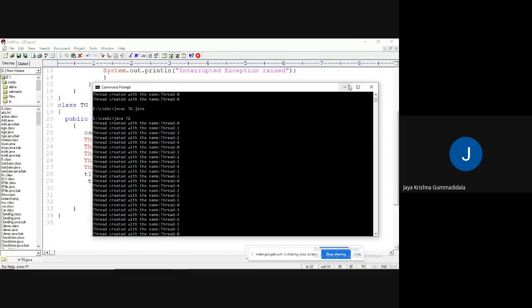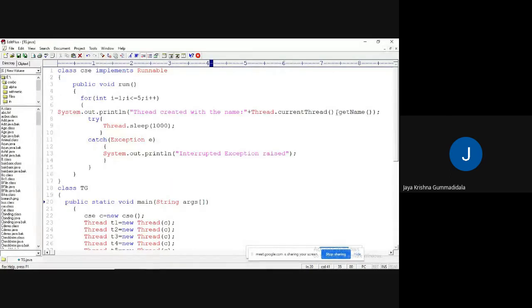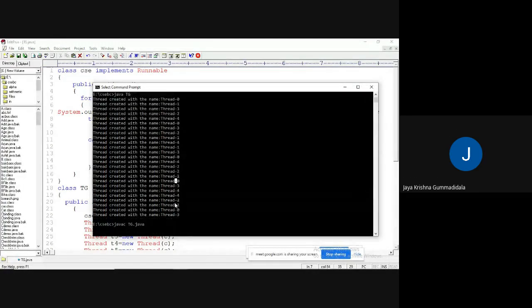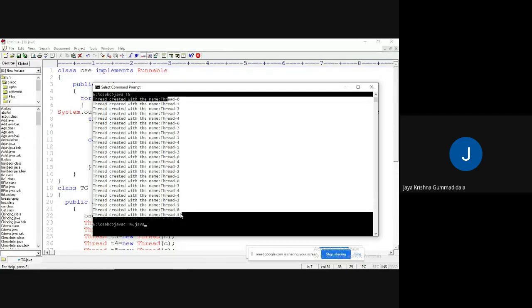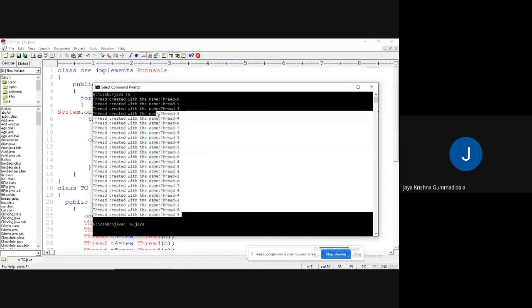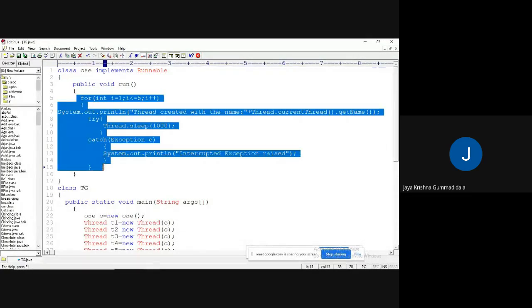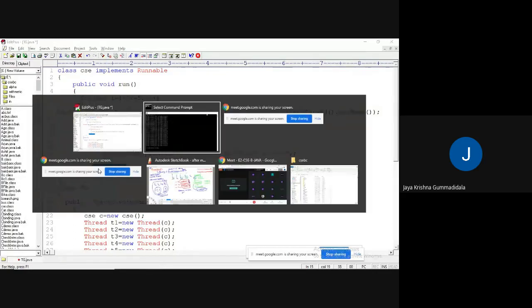I hope you know already how the thread names are used by the JVM. For the user defined threads, they are going to name them thread 0, then thread 1, next thread 2, and so on. JVM is going to provide that. Okay, observe this. So why are you getting this zigzag output? Because multiple threads are trying to access the same critical section code multiple times.